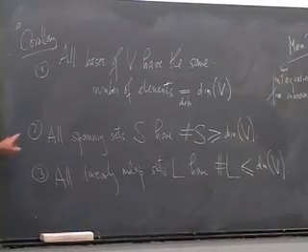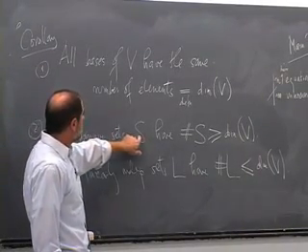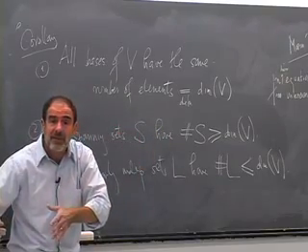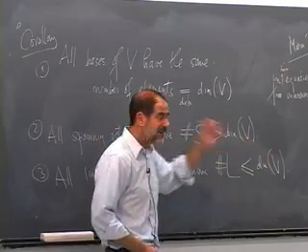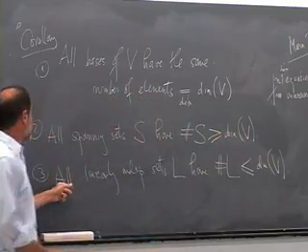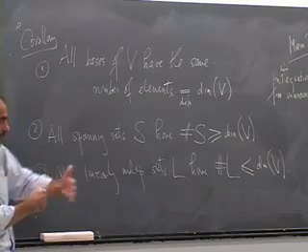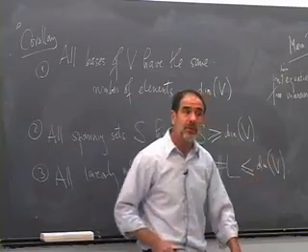So 2 and 3 follow from 1, because we saw that if we had a spanning set, we could always reduce it to get a basis. Right? So the number of elements in it has to be at least the number of elements in a basis. And this follows from our theorem on linearly independent sets, because we saw in a linearly independent set, we could always increase it to get a basis. So the number of elements in it has to be less than or equal to the number of elements in